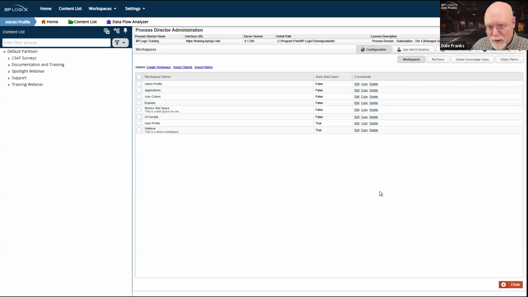Although if you're the one who's importing both from dev to production and your implementers don't do that, then this is just an extra import that you're going to have to do.